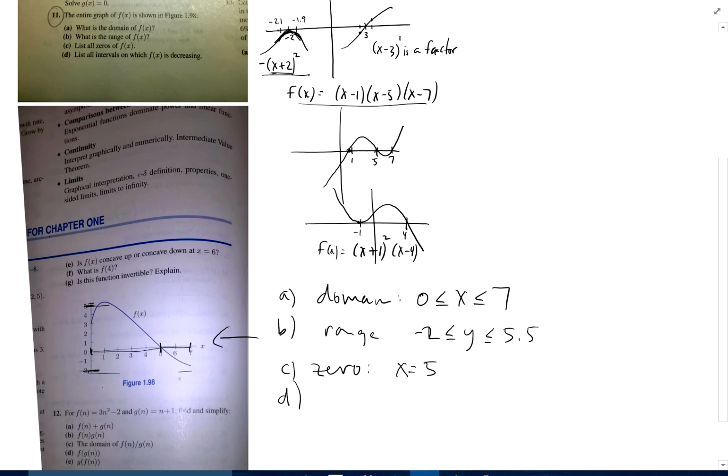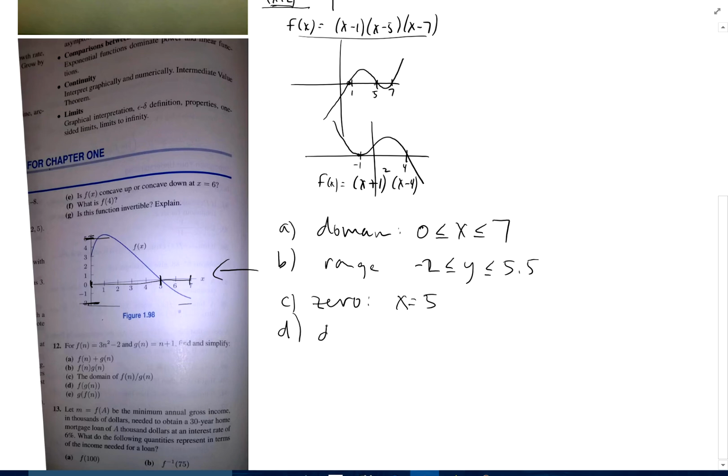D, the intervals where it's decreasing. Decreasing, the function from right to left is going downward. All right, so as we move from right to left, the y values are always getting smaller. So that's decreasing on this interval. 1 less than or equal to x less than or equal to 7. And then E,